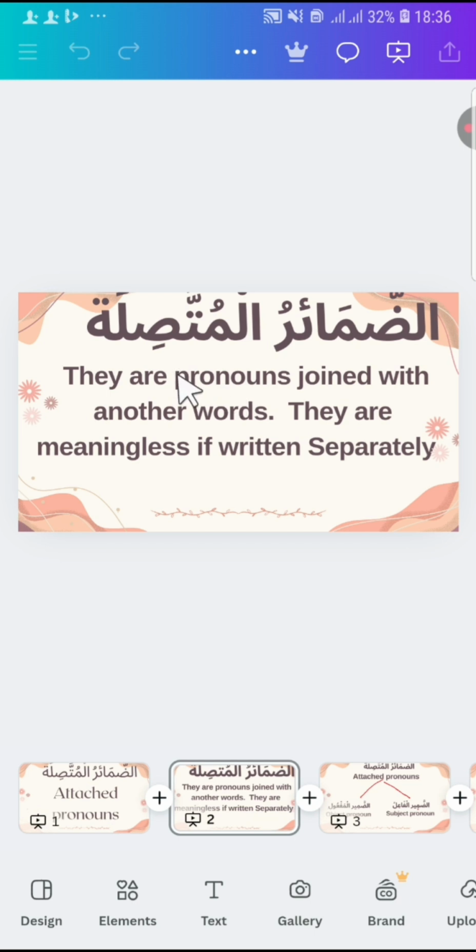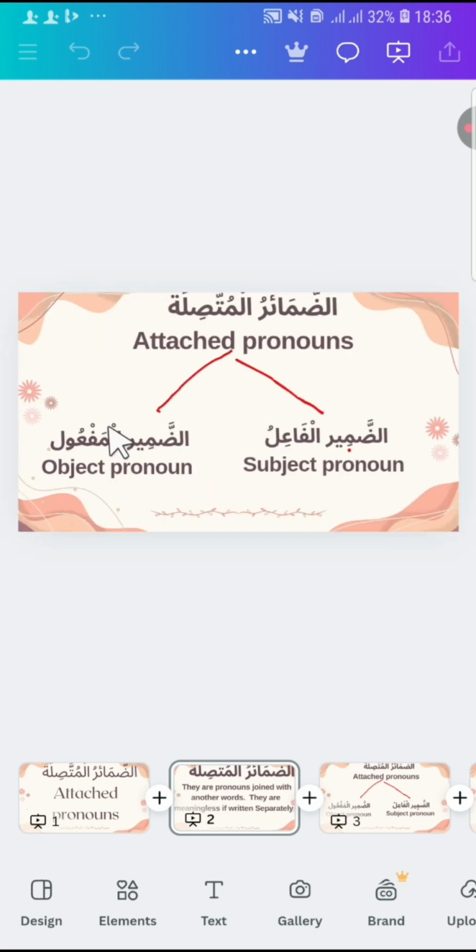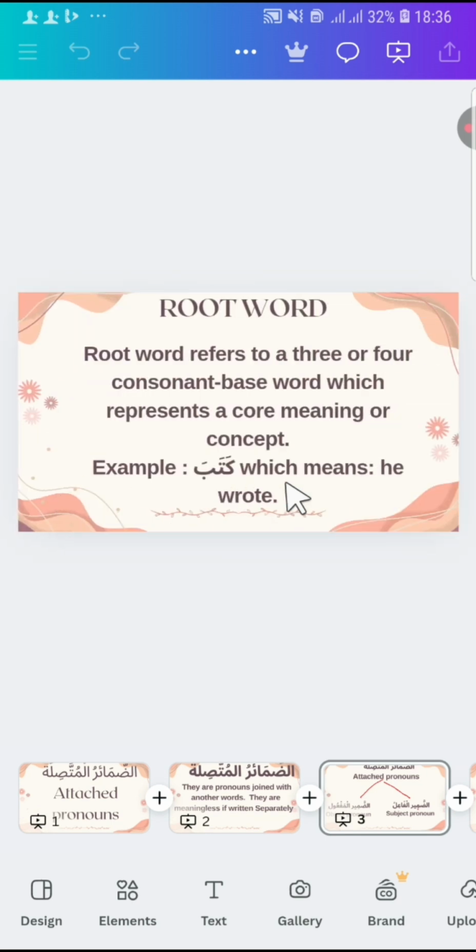Ad-damairul muttasila is also classified into two: we have Ad-Damirul Fa'il, which means subject pronoun, and Ad-Damirul Maf'ul, which means object pronoun. Today we are going to talk about the subject pronoun, known as Ad-Damirul Fa'il. Before we delve into the explanation of Ad-Damirul Fa'il,